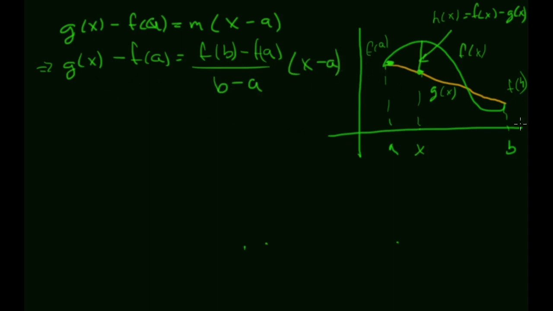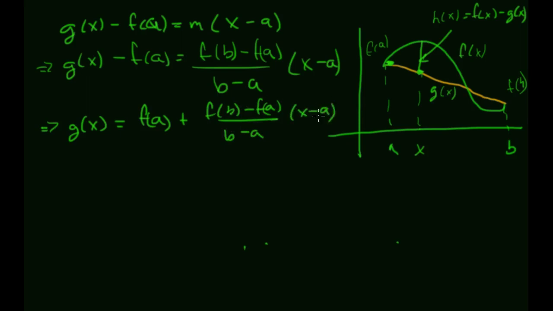So this is an adequate equation of that secant line given this drawing. Okay, so great. Let's do some moving of stuff around here. I'm going to move that f of a to the other side, so I'm just going to get an equation for g of x. G of x is equal to f of a plus (f of b minus f of a) over (b minus a) times (x minus a), which means h, which is f of x minus g of x,